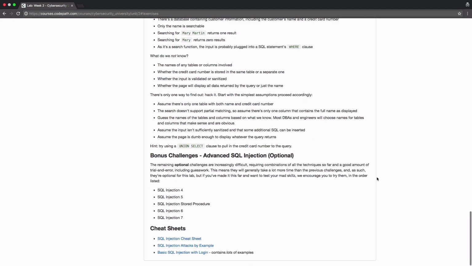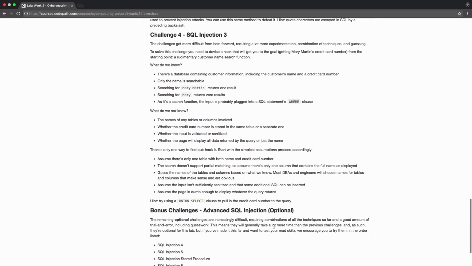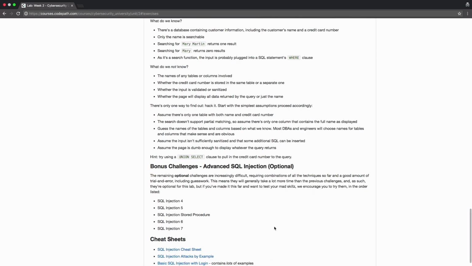And in some cases, we have saved the optional challenges for last. Now, there are a few of these, so you can do as many of them as you have time for. Definitely go through the first 3 or 4 first and make sure that you can do those, and then move on to the bonus ones after that. And these bonus ones are more difficult, they will take more time, but remember, a lot of this really boils down to trial and error, trying different specific combinations of known hacks that can be used to break a SQL